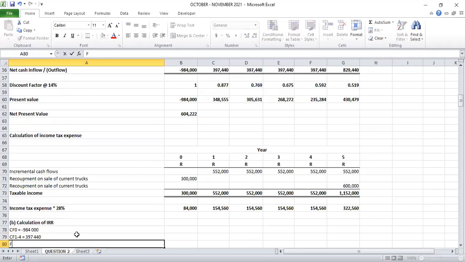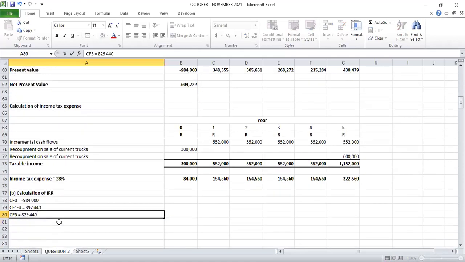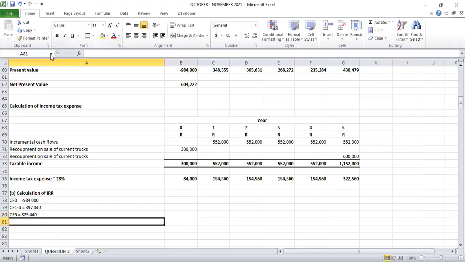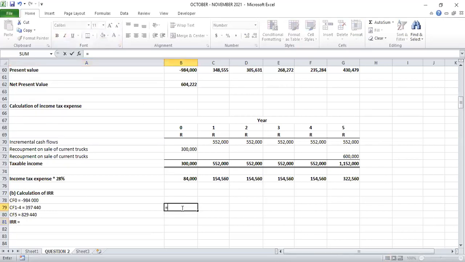Cash flow 5 is equal to 829,440. Then you determine your IRR, which would be equal to, we can just say equal to IRR